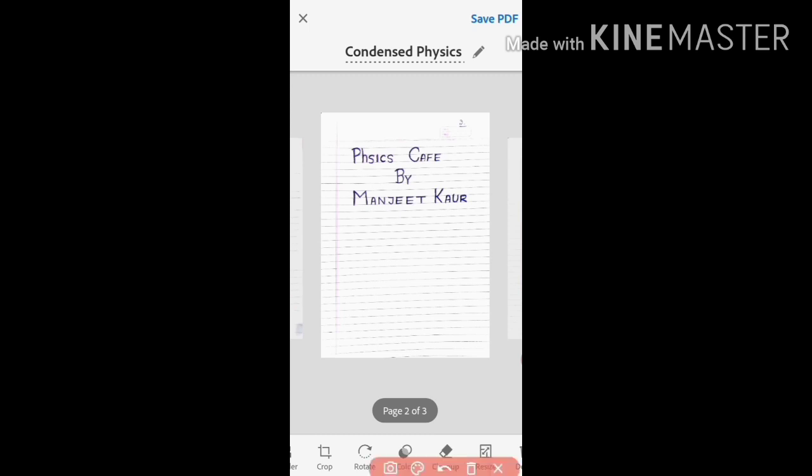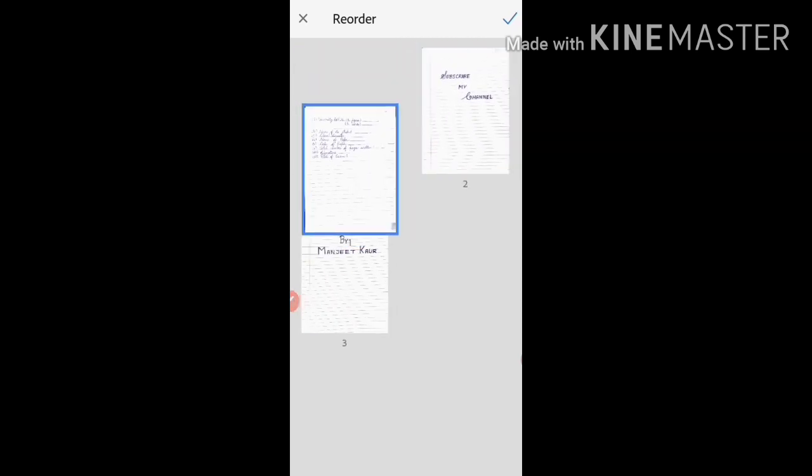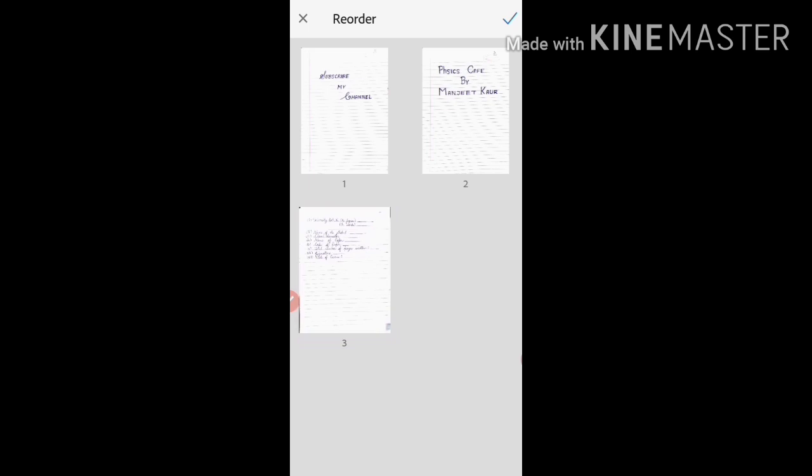Dear students, across the bottom there are edit icons from left to right. First is add page. By using this you can add a number of pages. Similarly, this is reorder. By using this you can rearrange the pages like this.